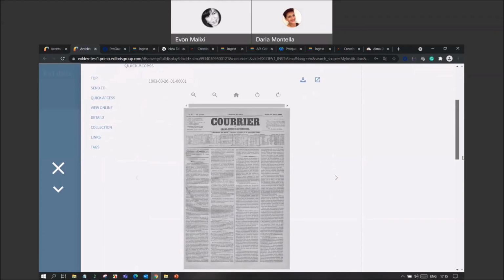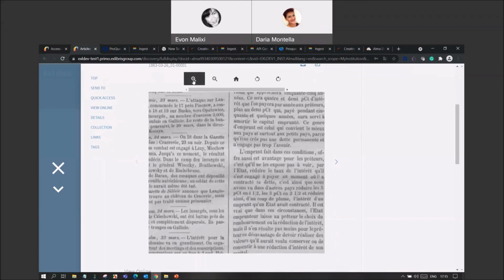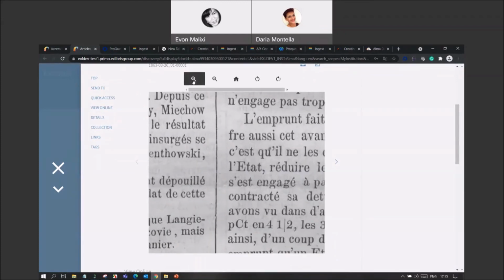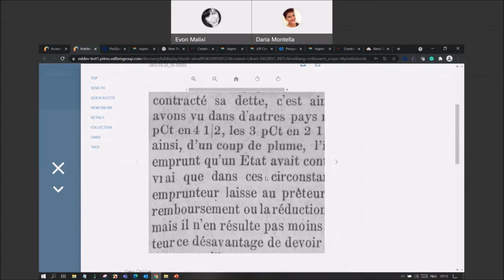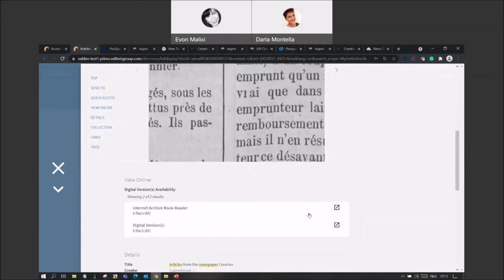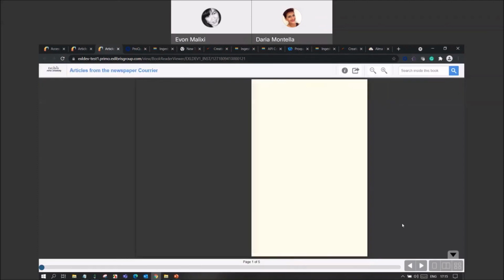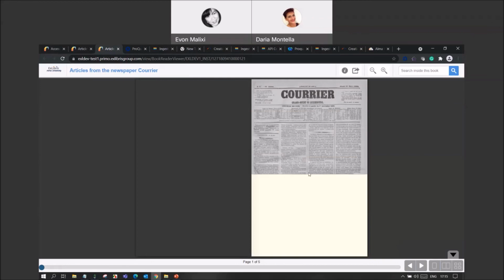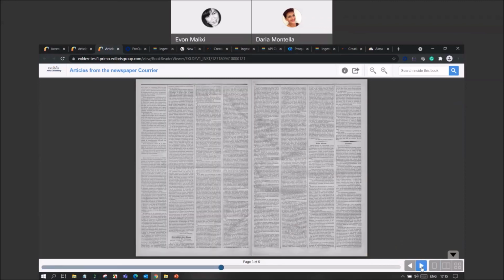Already here from the service page, I can use zoom very nicely. You can see if you have a nice high resolution image, you can really let your user enjoy the high resolution functionality here of Alma Digital. At the same time, inside the Internet Archive Reader, you also have the option to flip this newspaper, so read it by flipping it to the right. You can see there and really enjoy the newspaper